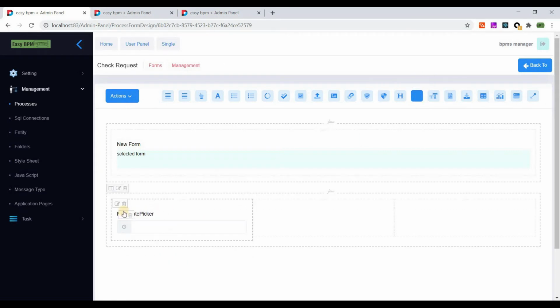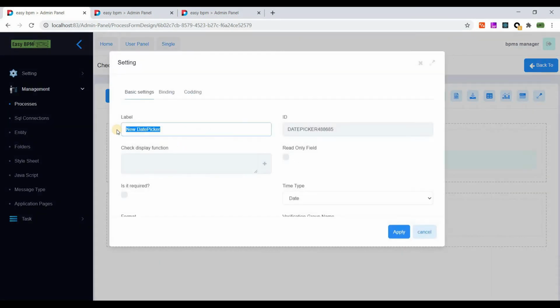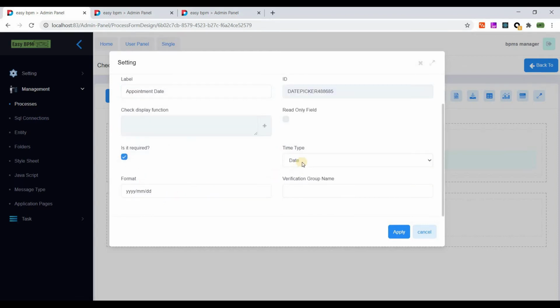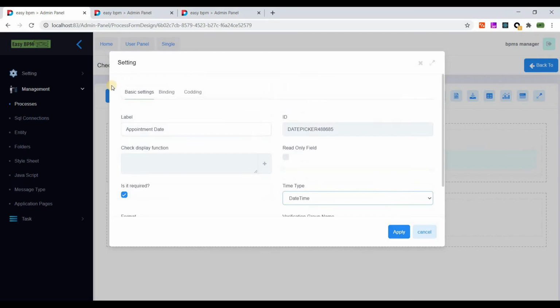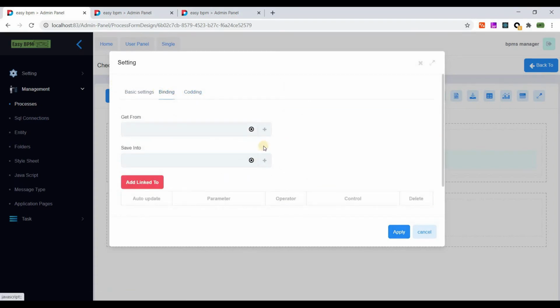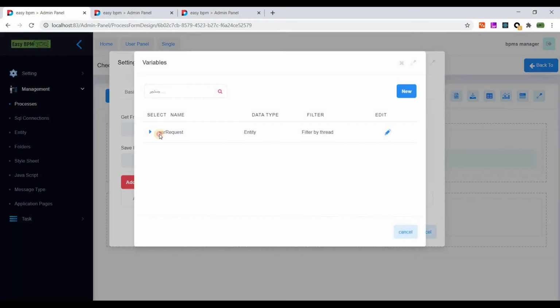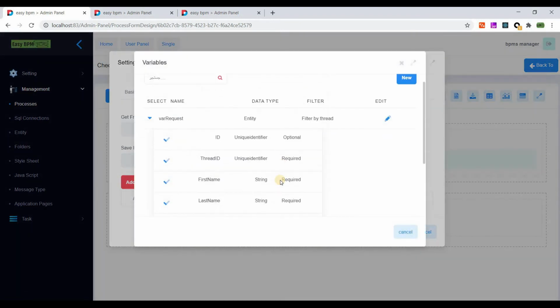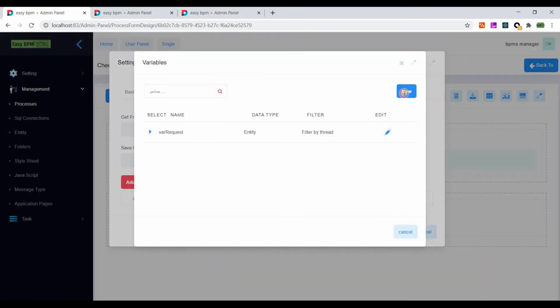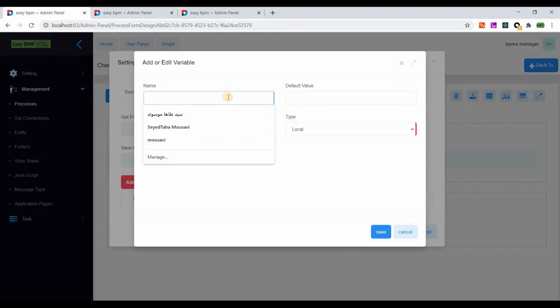So in the row I have to add appointment date. It's required and the format is date time. And I will bind it to, can I see the date? Okay, we don't have an appointment date for request, so I will add